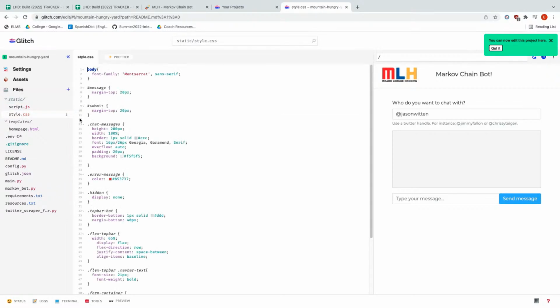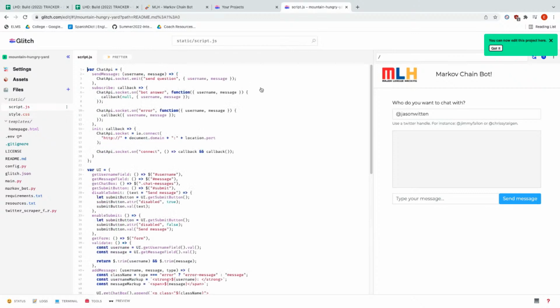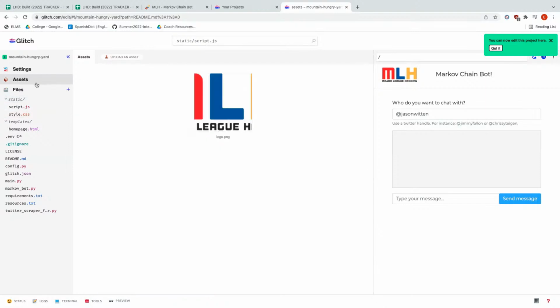These are the styles that our web page is going to use to make it designed. And then we have script.js, which is the JavaScript that's going to add the bot responses to the center of the web page. And I do believe that is it. We also have in assets the logo.png,